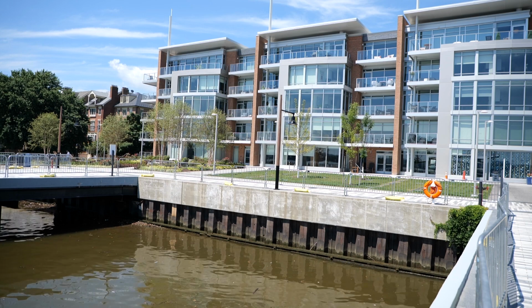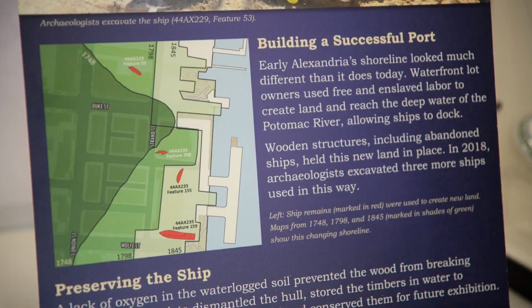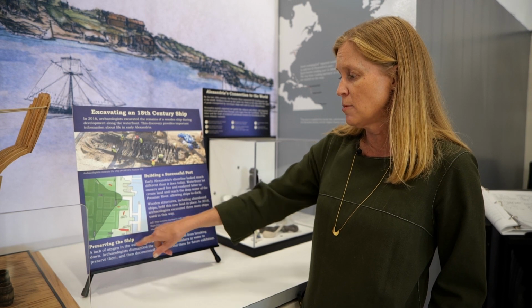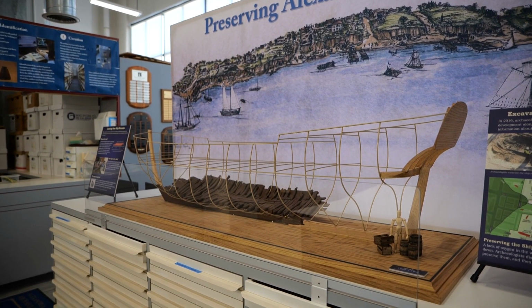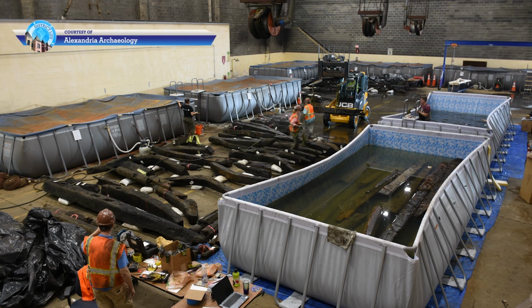And then in 2018, archaeologists discovered these 3 more ship hull remnants at the site of Robinson Landing development. And in fact, this furthest southernmost ship we now believe to be the largest archaeologically excavated merchant ship in the country. The first ship was in the warehouse for a few months before we contracted with Texas A&M University to